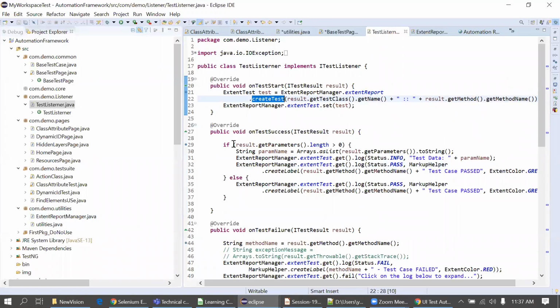Yes, got the whole thing of creating this ExtentReportManager under utilities, in another package, so that we can call it. We cannot simply put everything in the same class, right? That's not a good practice, so we are separating it out. That's why frameworks came into existence.